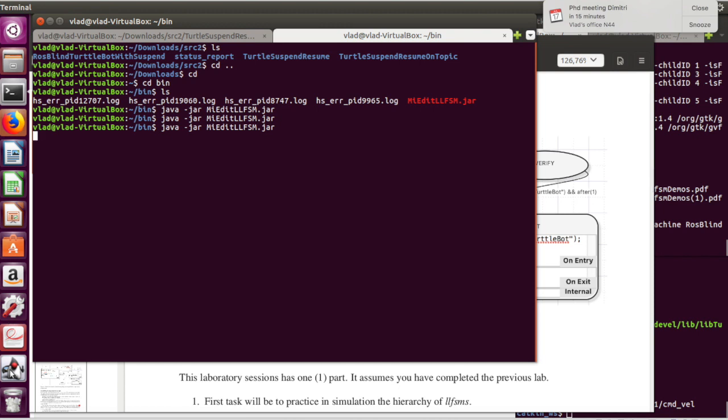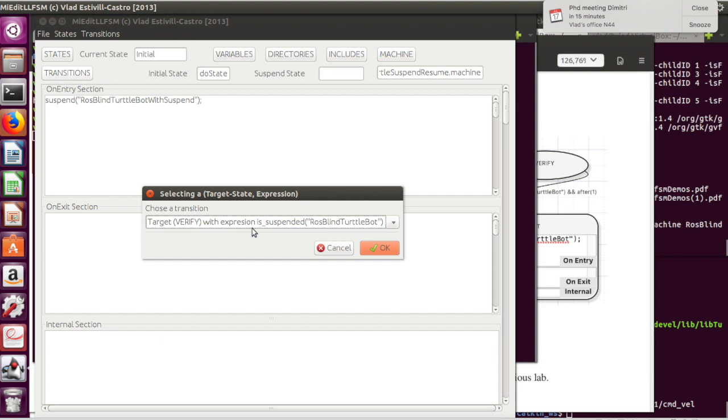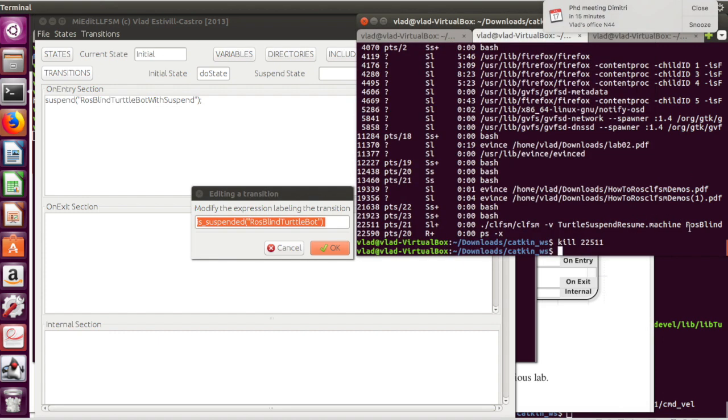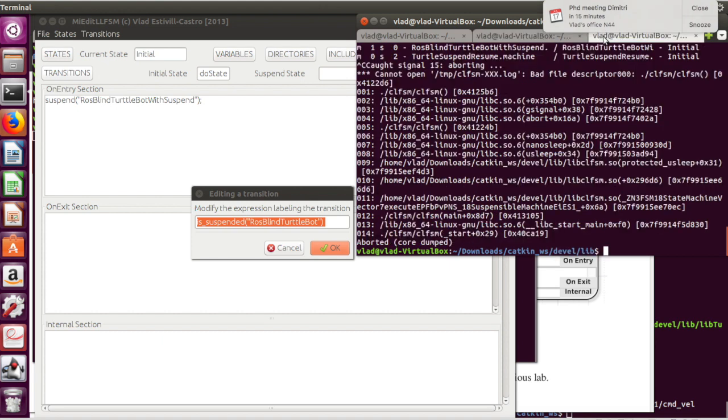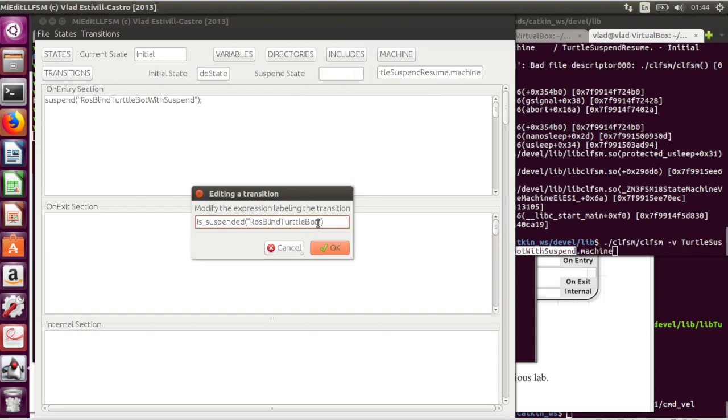So we are running the editor here. I look at transitions. There's a transition there with this name. That's the one I want to edit. And remember that the name we want to give is the name of this other machine. We have it over here. So the machine that we need to check if it's suspended is this one. So we can go here and